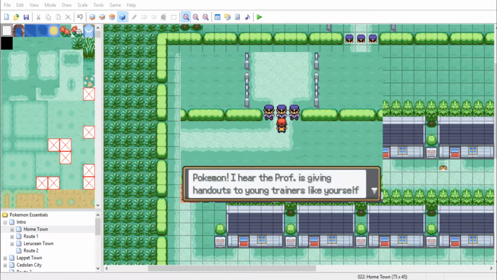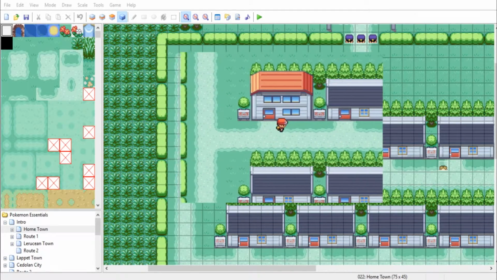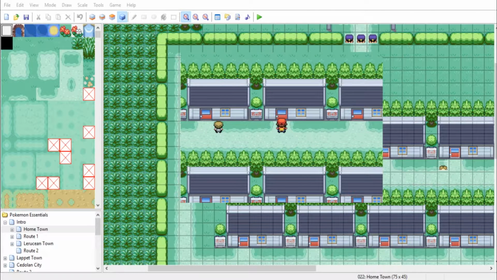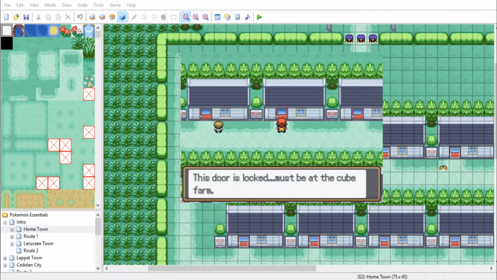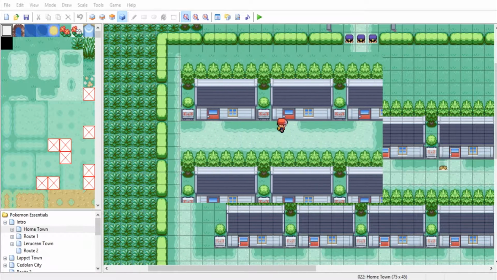Here the professor's giving out handouts to Pokemon himself. His lab is in the southeast corner. Cool. So going down, you see all these houses. We're in like a suburb type area. Most of these houses right now, you go up to them, they just say the door's locked. Must be at the Cube Farm. Okay, I need to...